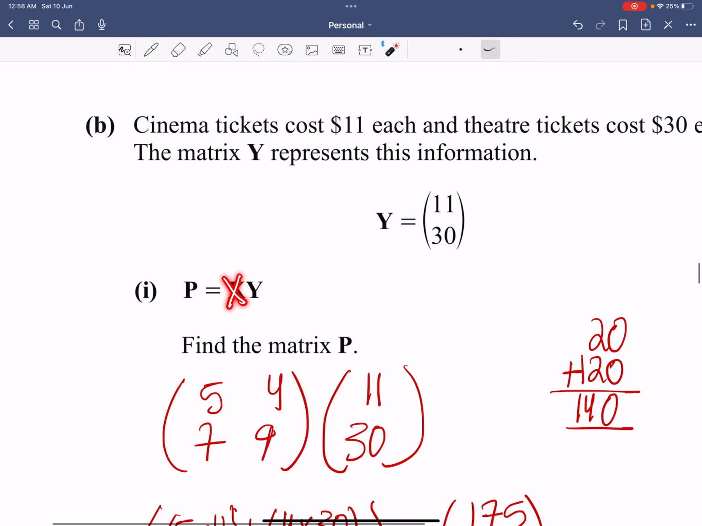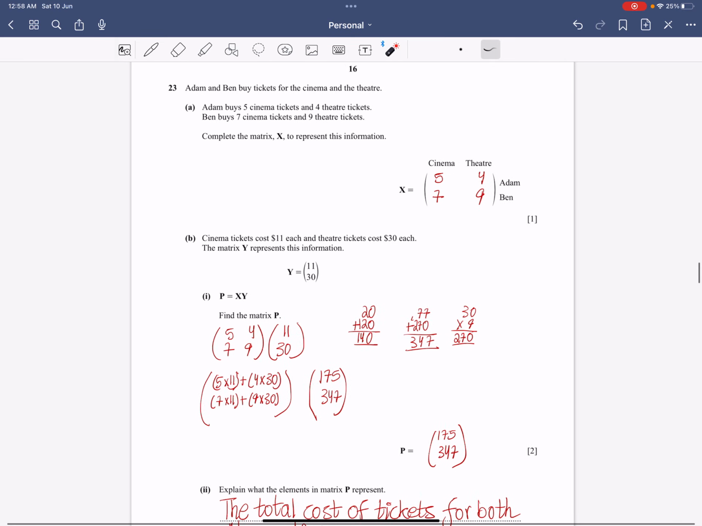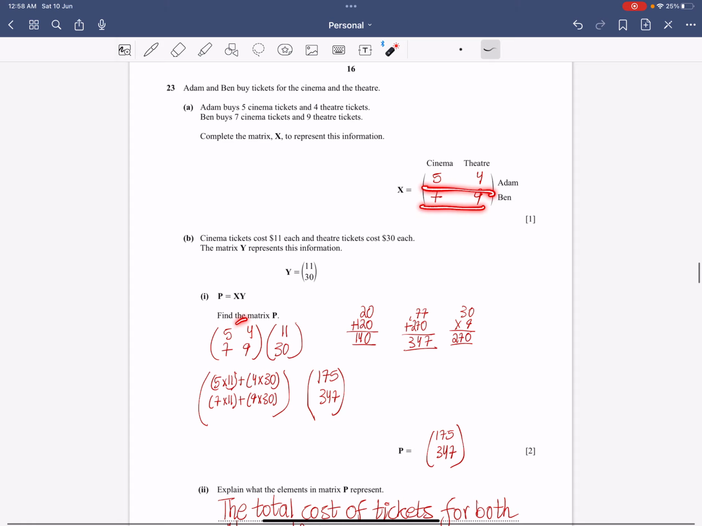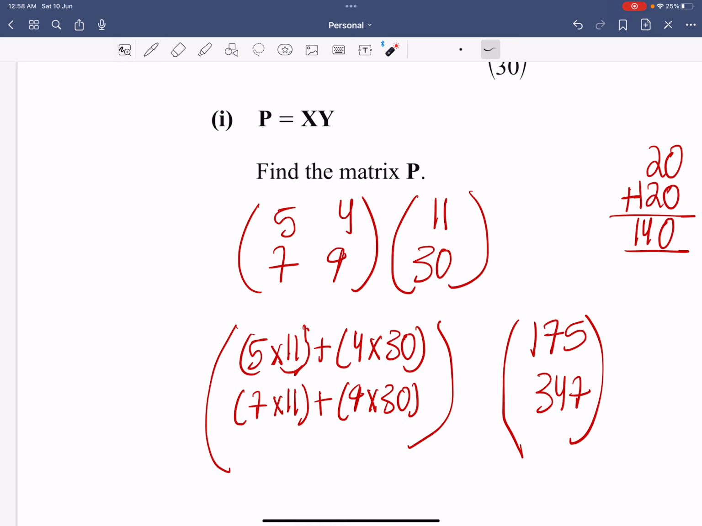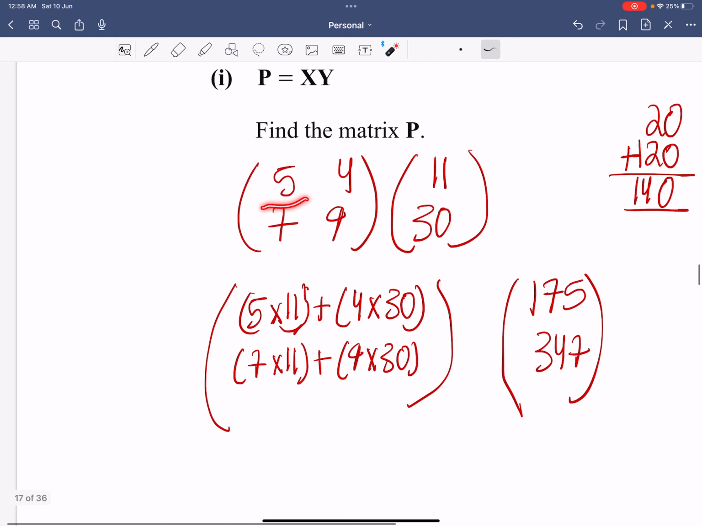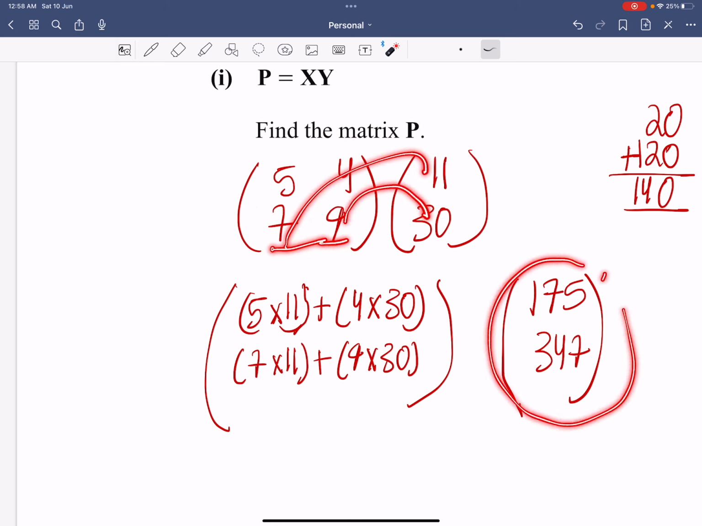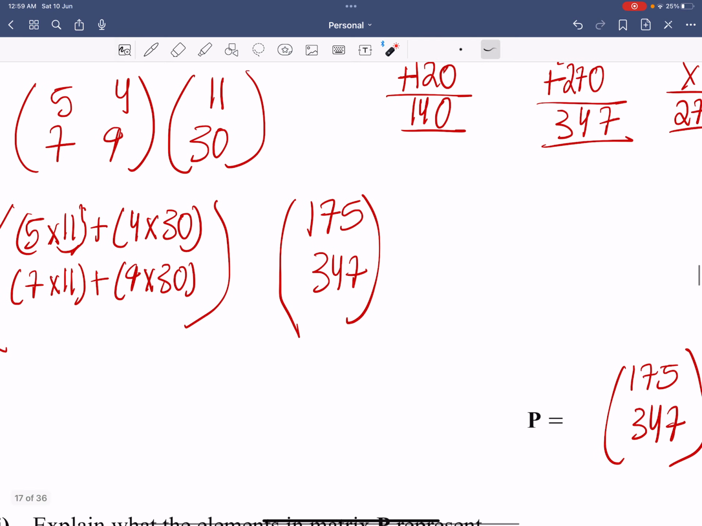So what does this mean? Multiply x with y. So x is 5, 4, 7, 9. So you'll just multiply this with this. Now matrix multiplication is what most students find hard, but it is actually quite easy. What you'll be doing is multiply the first row with the first column, and then multiply the second row with the first column again. So 5 times 11 plus 4 times 30. Then change the row, 7 times 11 plus 9 times 30, and you'll get 170 and 374,